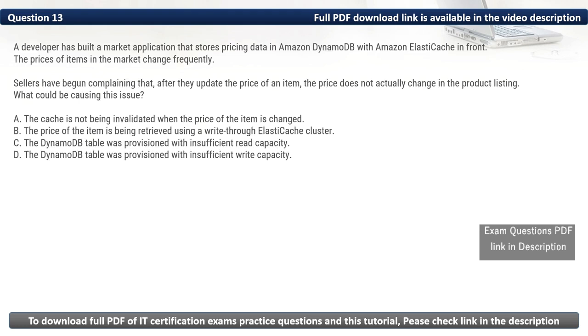Question 13. A developer has built a market application that stores pricing data in Amazon DynamoDB with Amazon ElastiCache in front. The price of items in the market changes frequently. Sellers have begun complaining that after they update the price of an item, the price does not actually change in the product listing. What could be causing this issue?